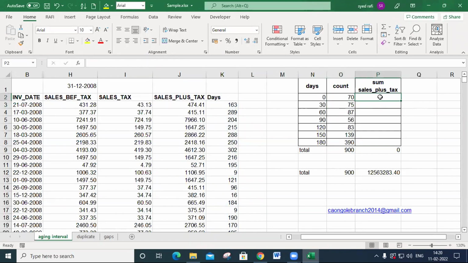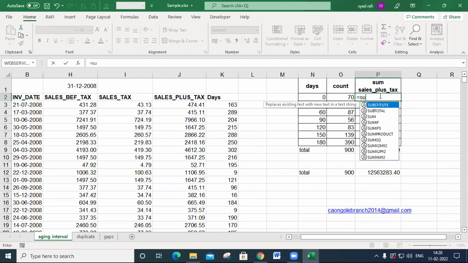And let's check the sales plus tax. In the same manner, instead of COUNTIF, you may use SUMIF, equal to SUMIF. You must specify the criteria range, comma, criteria. At the last, you must specify the sum range.